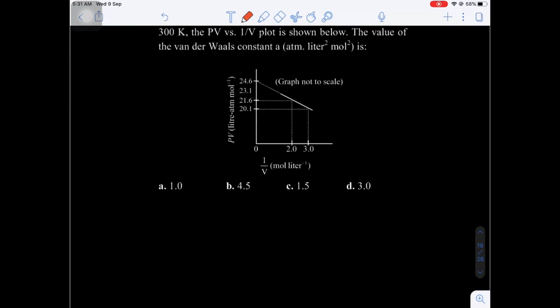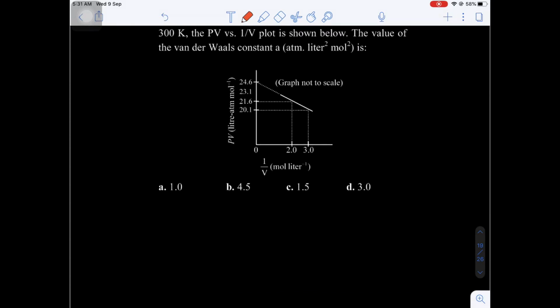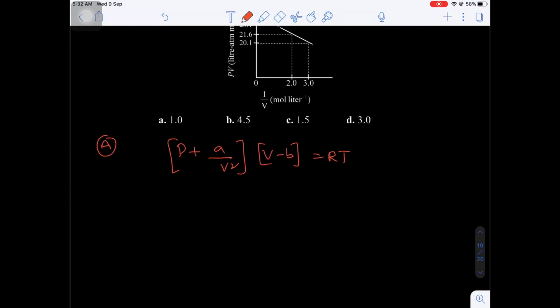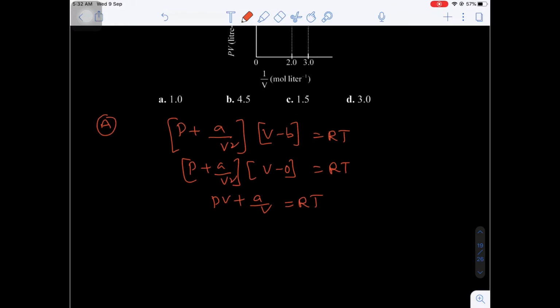Now here first of all, what is the van der Waals equation for 1 mole of a real gas? That is equal to P plus A by V square into V minus B equal to RT. But in the question the van der Waals constant B value is 0. So shall I write the B value 0 in the above expression? Yes. P plus A by V square into V minus 0 is equal to R into T. So by multiplication with V, PV plus A by V, which is equal to R times of the T.